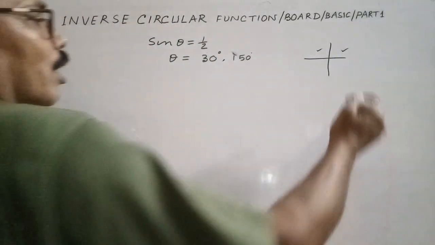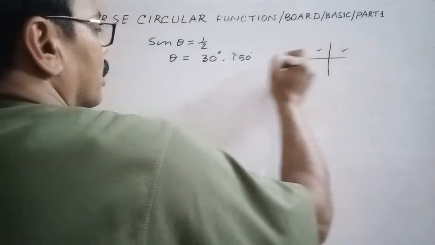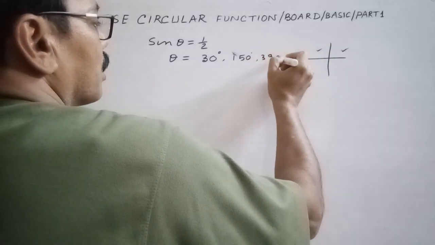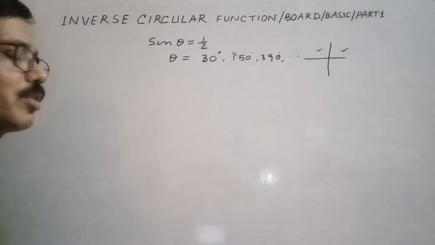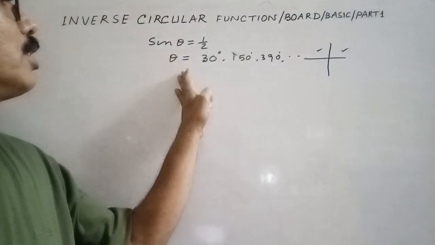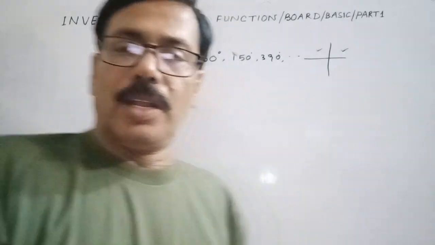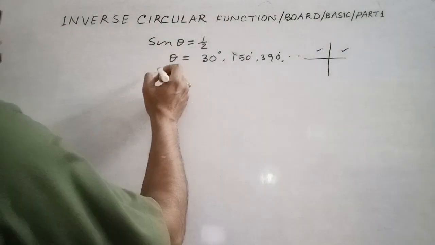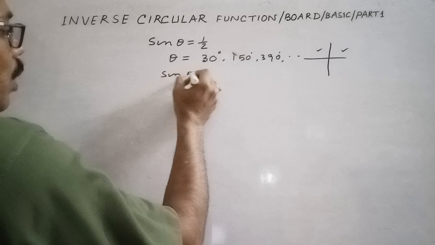Also, 30 plus 360, 390. So, sin theta equals half. What is the smallest value? Theta equals 30. Now, look, if sin theta equals 1 by 3,